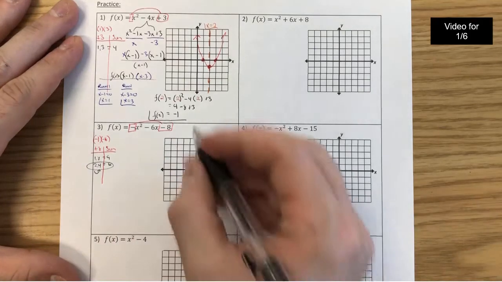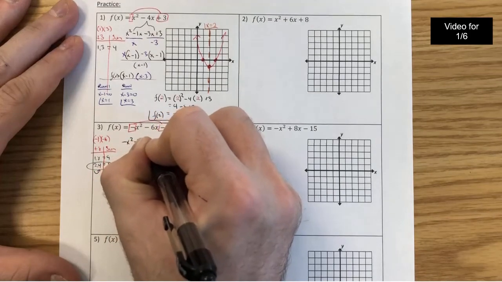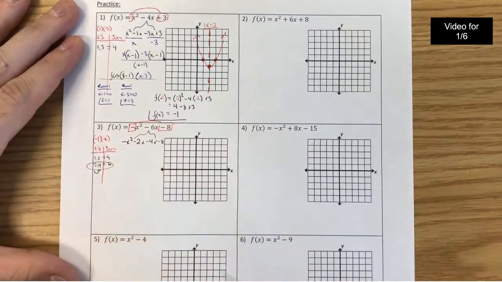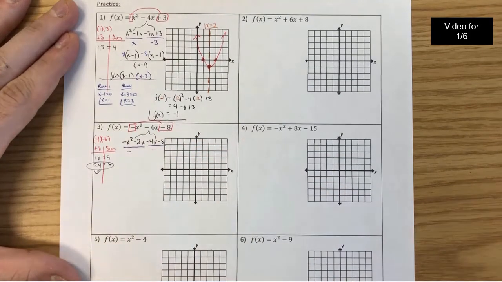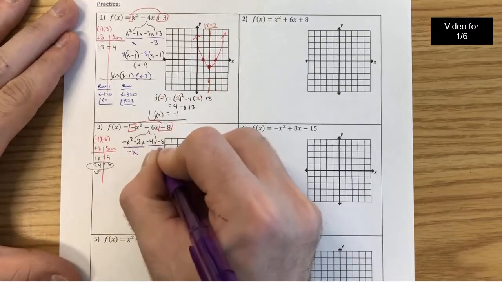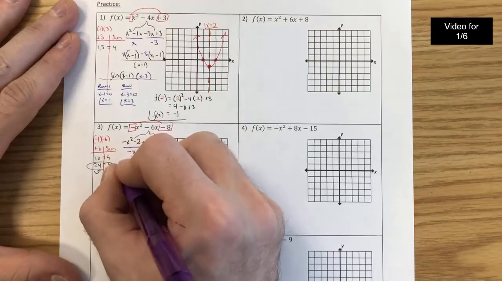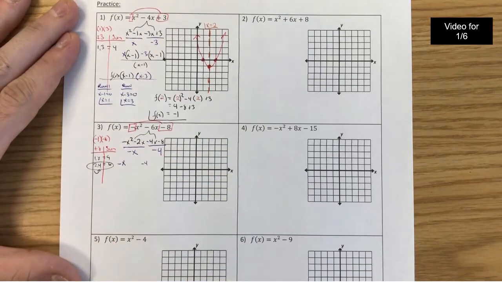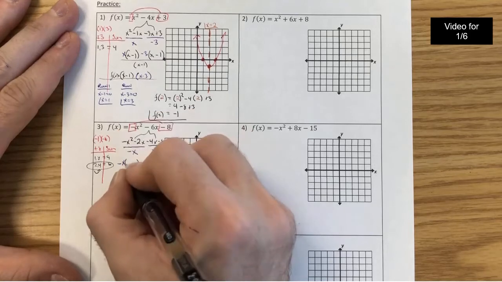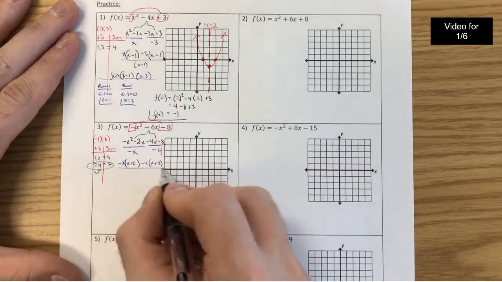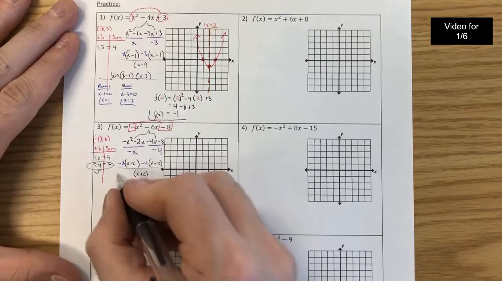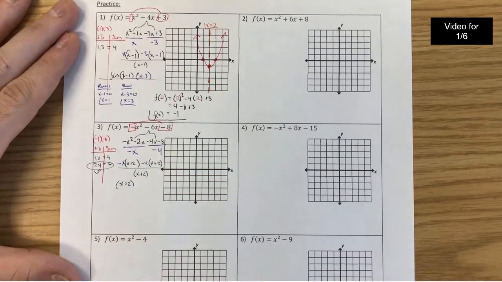So I'm going to split my 6 into a 2 and a 4. And we know this is because that will allow me to recombine later on and get a negative 6. And then, let's stay consistent, I'll keep with purple. To factor these things, again, if I have a negative leading coefficient, whatever I pull out is going to be negative. I have an x here and a 4 here, which means that if I have a negative x and a negative 4, it's going to change both those signs and give me an x plus 2. This is going to change both those signs and give me an x plus 2. And because those are the same, I'm going to pull out an x plus 2 and get